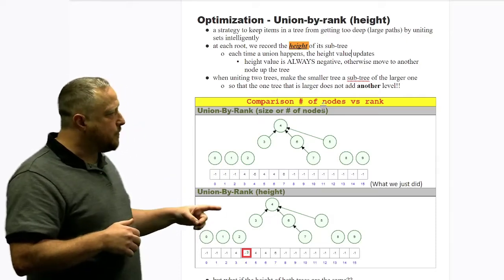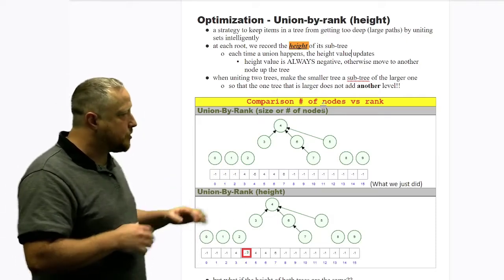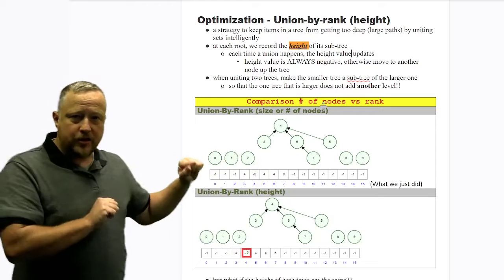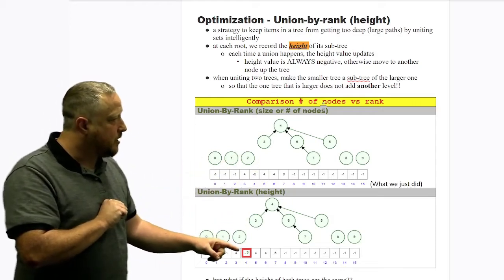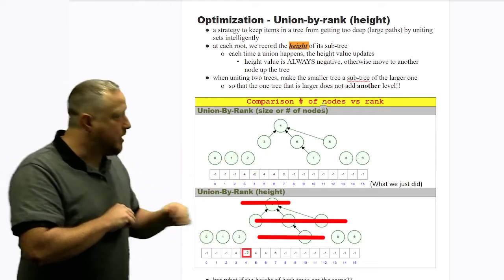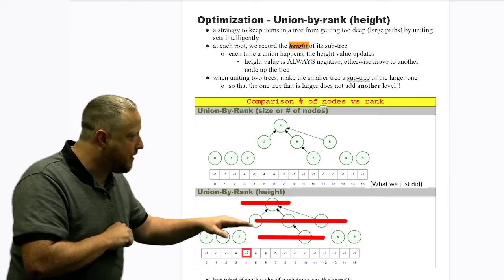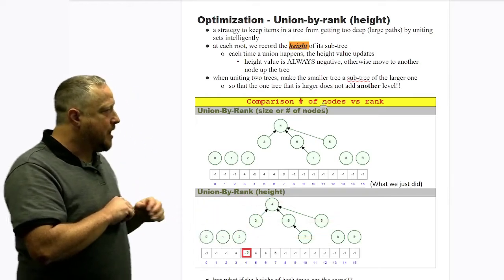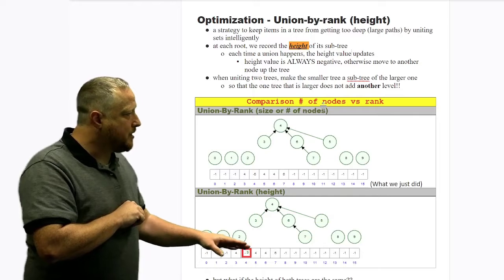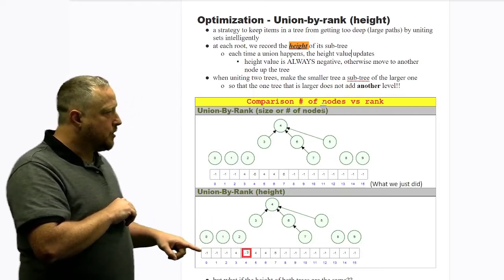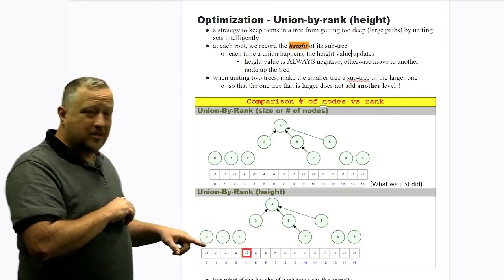Now what we're going to have is a union by rank, and this time height. So notice it's the exact same tree. There's nothing crazy about it except for, if you can believe it, this time it says -3, and that's because there are 3 levels to this tree. Now, we have to be careful because every time that there's a root, notice -1 for 0, that's how many